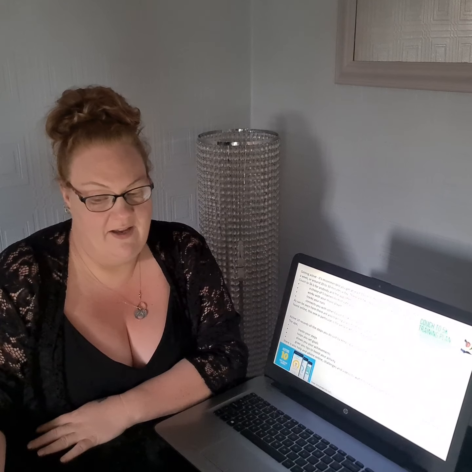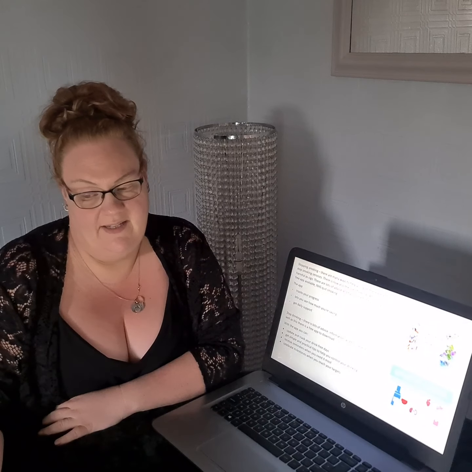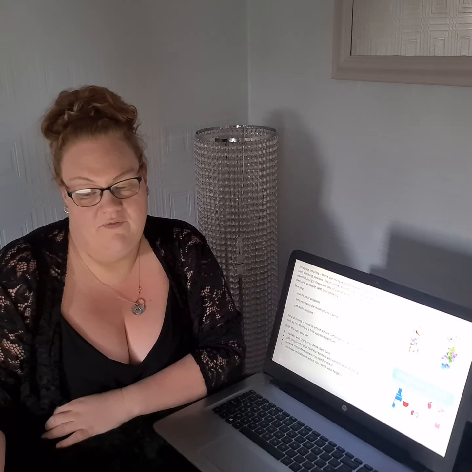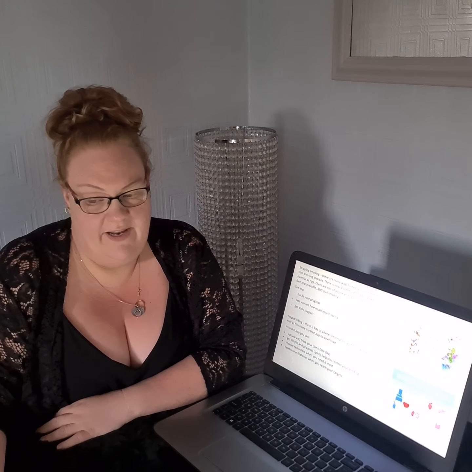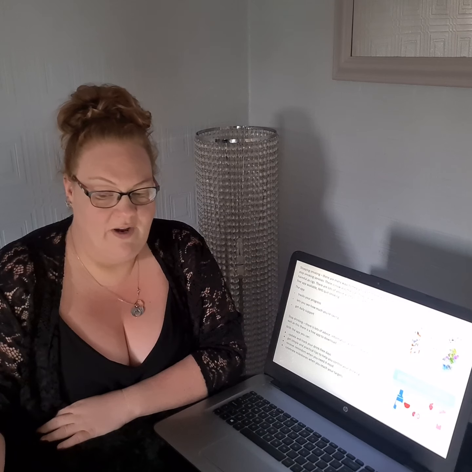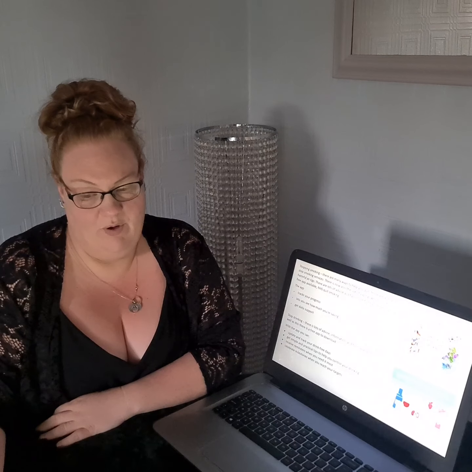Stopping smoking. There are many ways to help you quit. There are aids and local stop smoking services. There is now also the use of vaping, which is not as harmful as cigarettes. There is a lot of advice and tips online to help. There is also a free app available, the NHS Quit Smoking. The app tracks your progress, lets you see how much you're saving, and you get daily support.